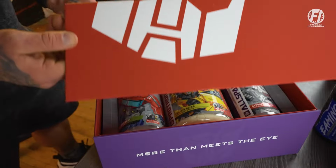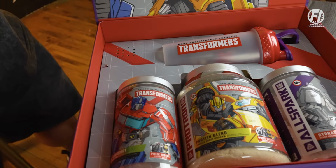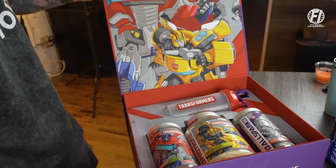I'm FI founder and CEO Ryan Buckeye here with a product breakdown of the epic new authentic collaboration with the Transformers One franchise with our friends from Core Nutritionals. As you can see, they sent us a pretty dope PR box, makes noise, soft touch feel, 3 different products, a pre-workout, an intra-workout, and a protein powder. I can tell you with experience, all 3 are fantastic, but today we're gonna focus on one, and that is